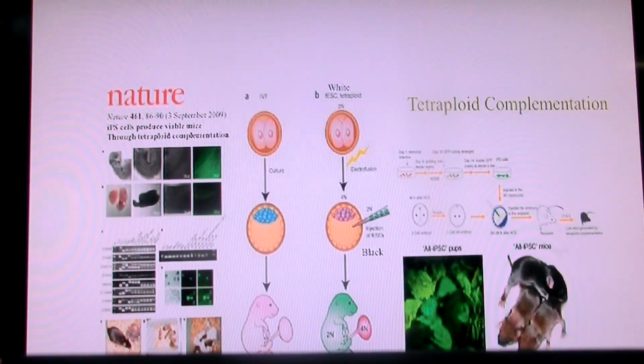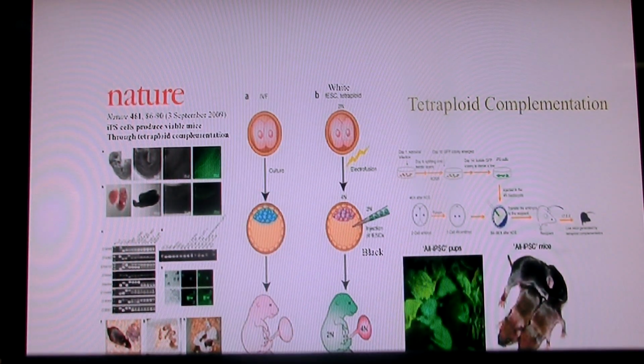So this has actually been done. It turns out that there are a number of tricks that we can use. One of them has this fancy name called tetraploid complementation. The way this works is you start out with a zygote, a fertilized egg, and it starts to divide, and then it gives rise to this blastocyst, this little hollow sphere, and then that eventually implants into the uterus and gives rise to live pups. So the difference here is you start out with the same animal. Say this is an animal that's white